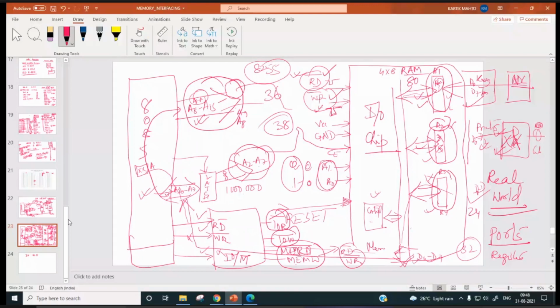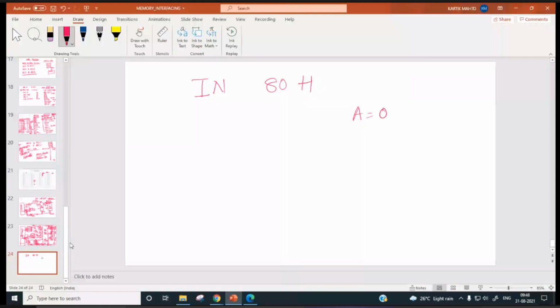So IN 80H will be the address of this. In this case, suppose here we have a keyboard and say 0B is pressed. What will happen? 0B will be written over here, and with this IN 80H, the accumulator content will be 0B.